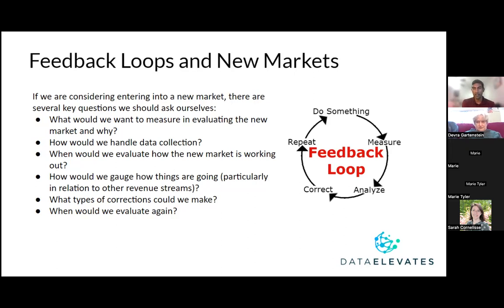Who's handling data collection? When would we evaluate how the new market is working out? So this goes into the idea, which we'll talk about in a second, of iterative improvement, piloting, essentially having a pilot approach, and this whole feedback loop. If you're looking at the diagram here again, this implies that there's at some point